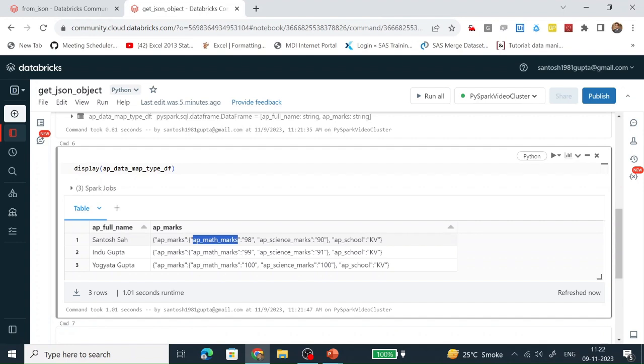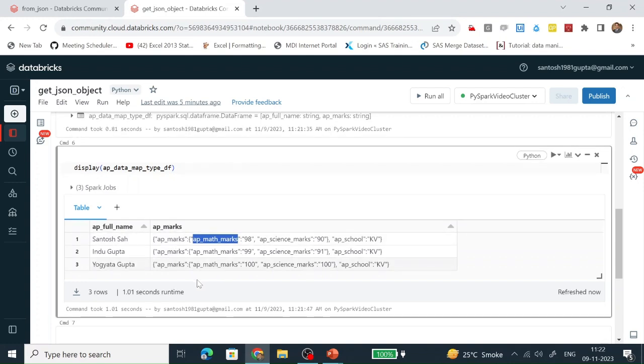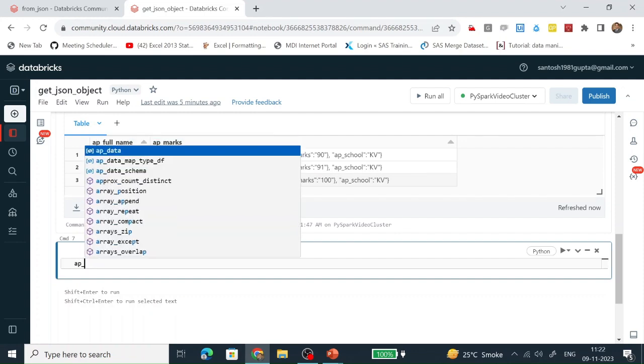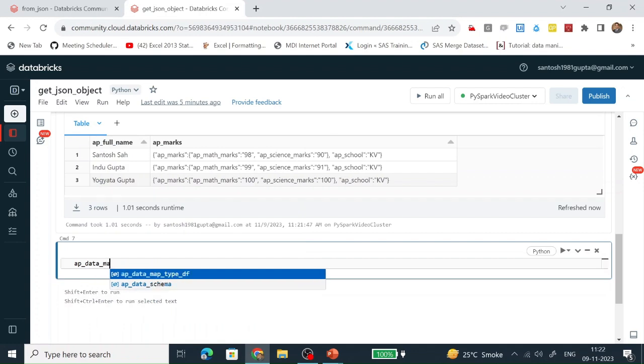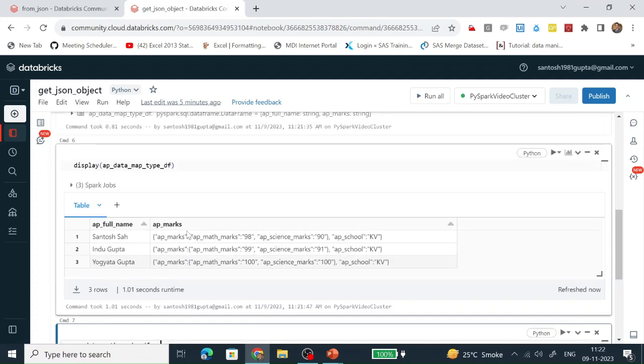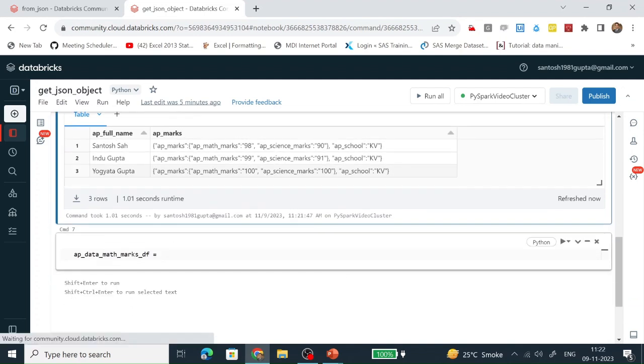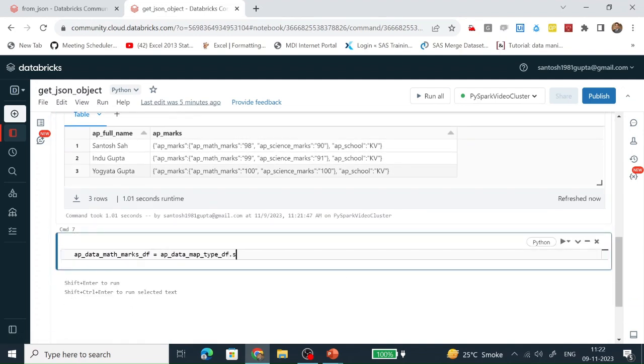So how can we do it? We can do it with the help of a function known as get_json_object. Let's see how this works in Databricks. What I am going to do is select it here, dot select.